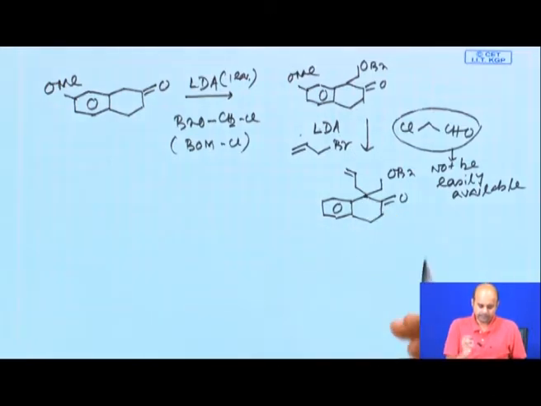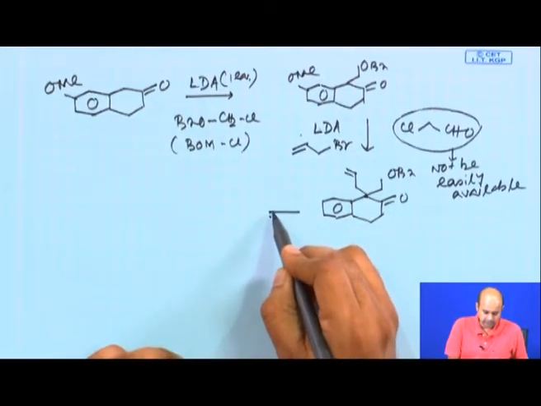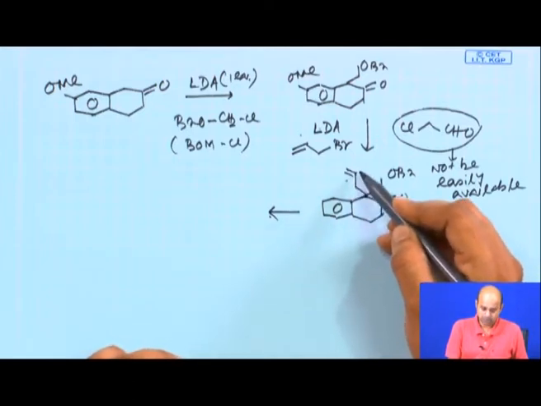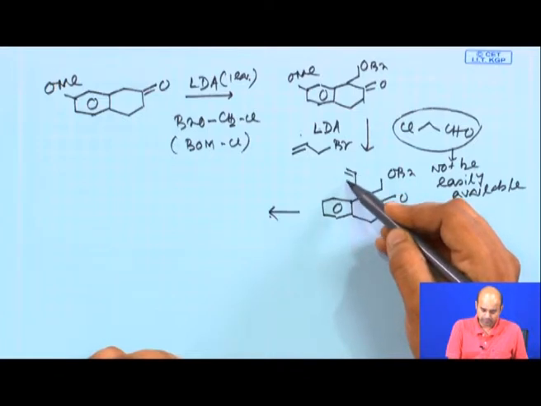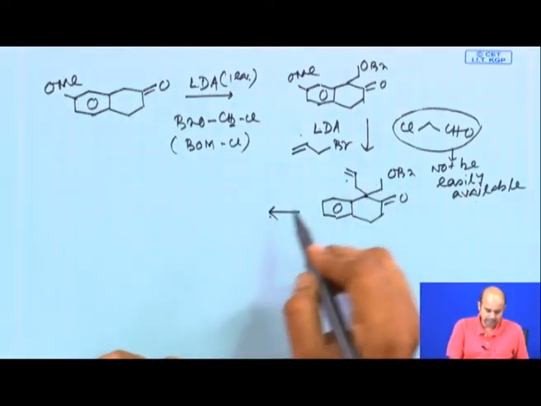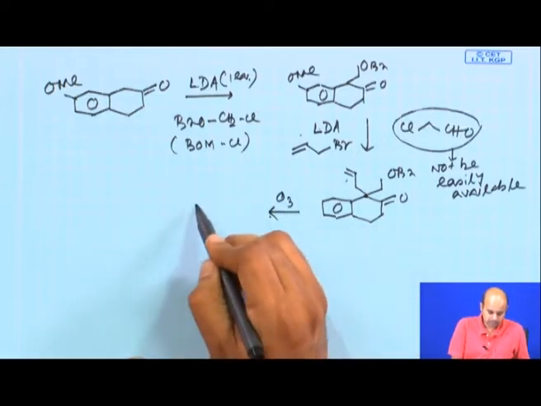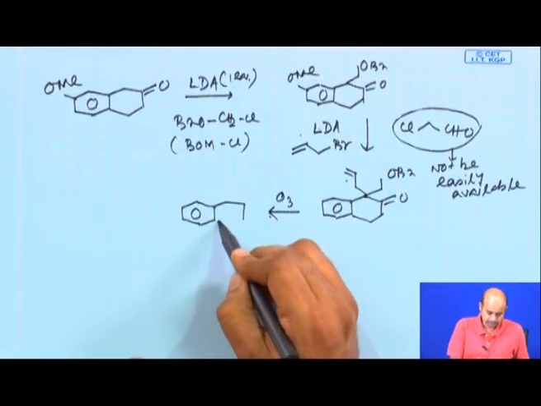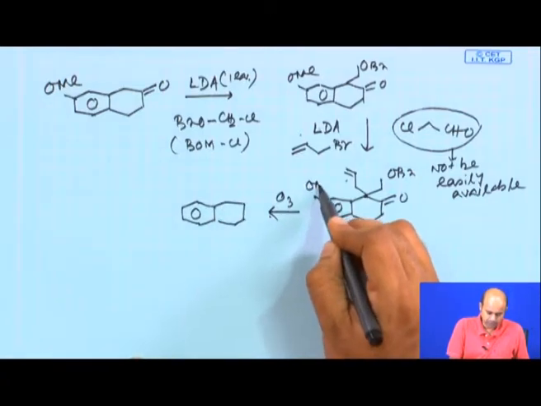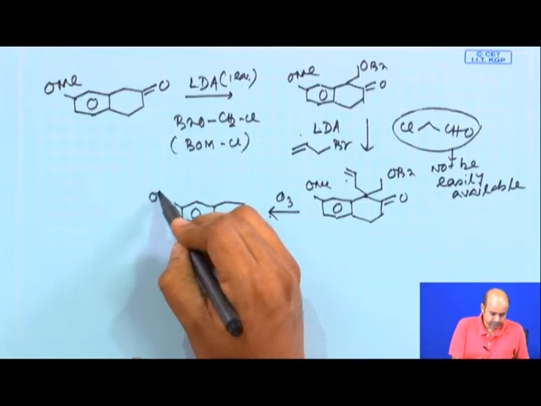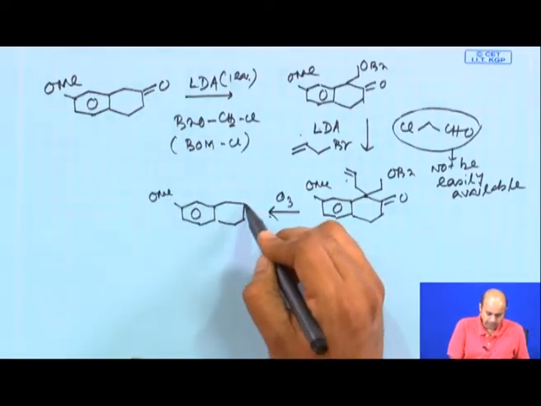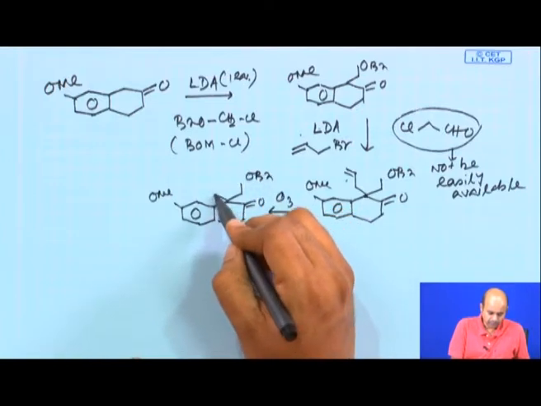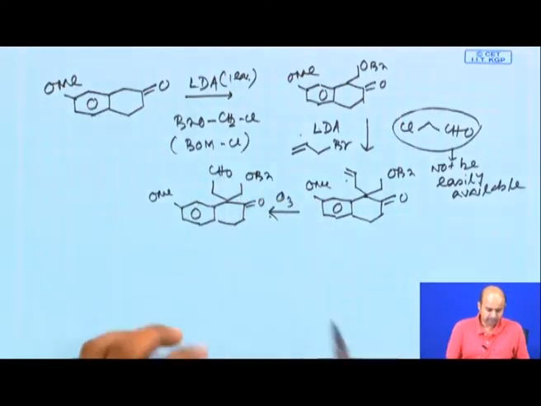centers here, fine. Then as the situation demands, you need to do an oxidative cleavage here to remove this one carbon to get an aldehyde. So, do an ozonolysis. Your O-methoxy group will always be there. You do an ozonolysis and then you basically get this compound.